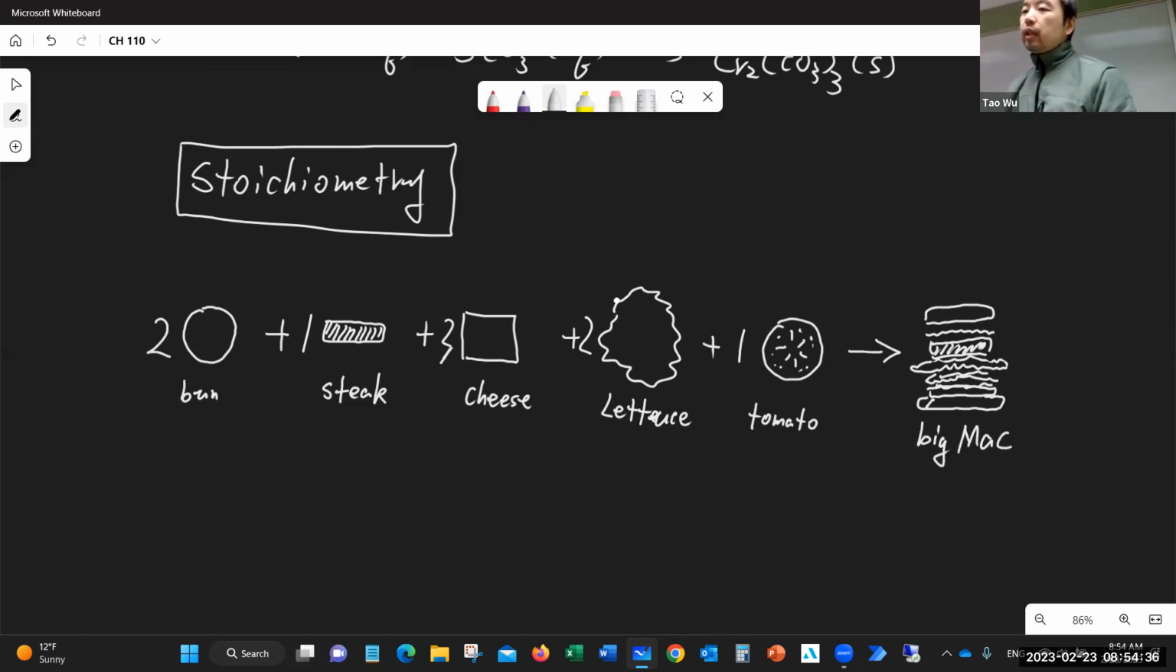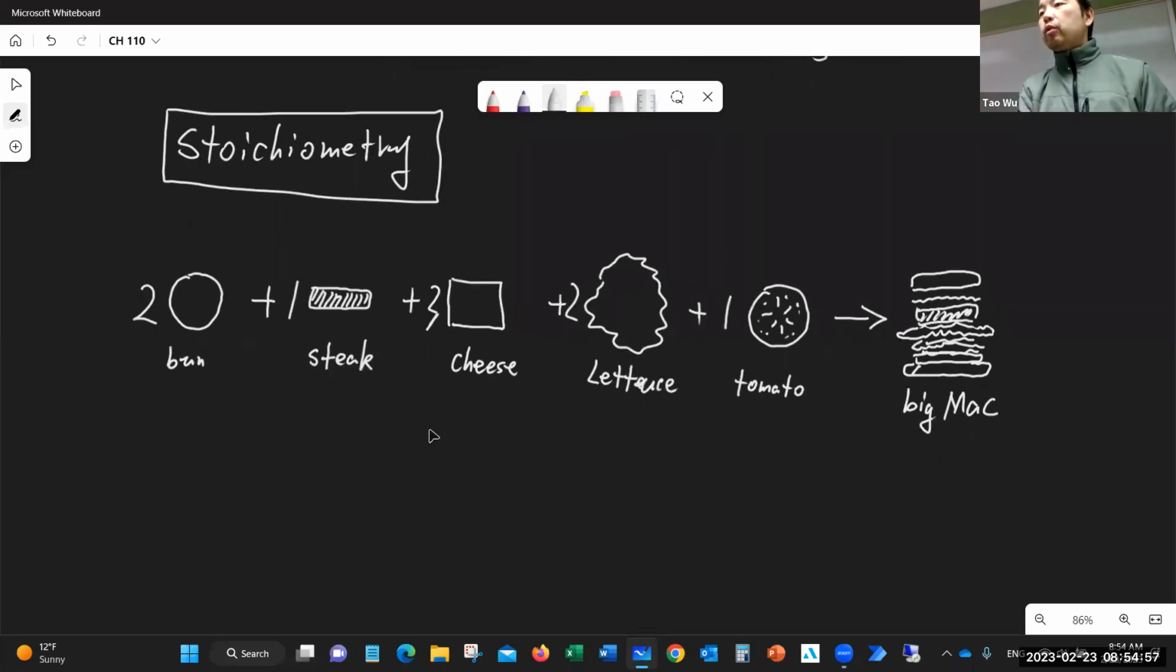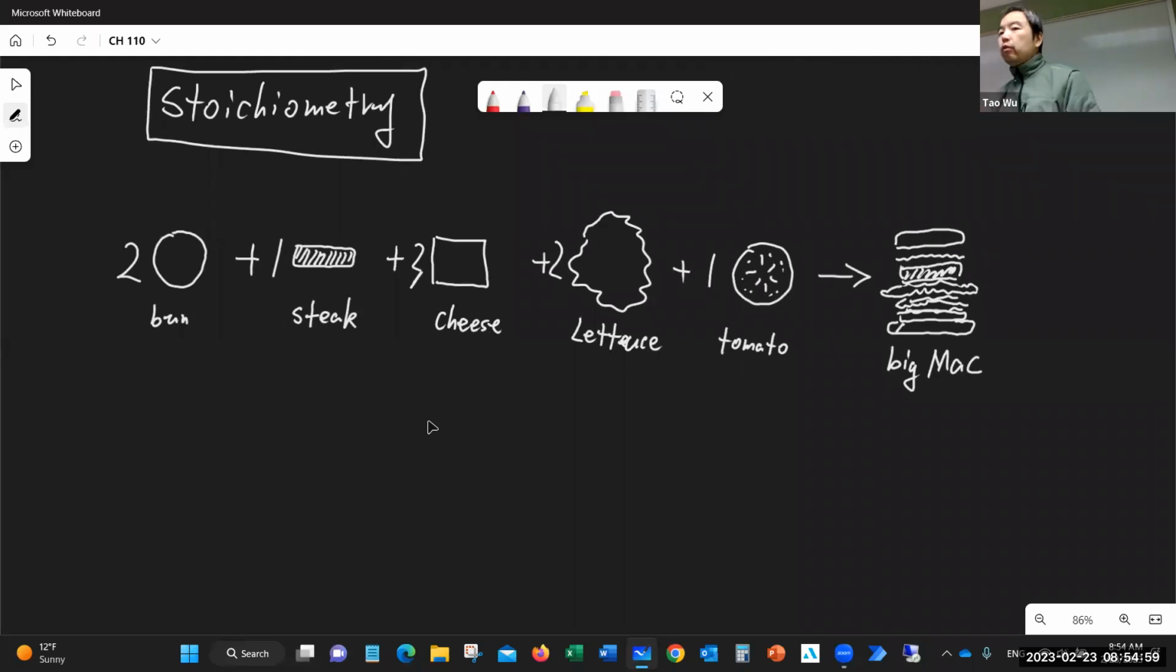All right, so now what you made here is just a recipe, right? As long as we follow this recipe, we can make the food. So stoichiometry is the same thing. You can assume a chemical reaction is just a recipe. And so here, what exactly is the stoichiometry question? It's asking, for example, if I have 100 buns and I have unlimited